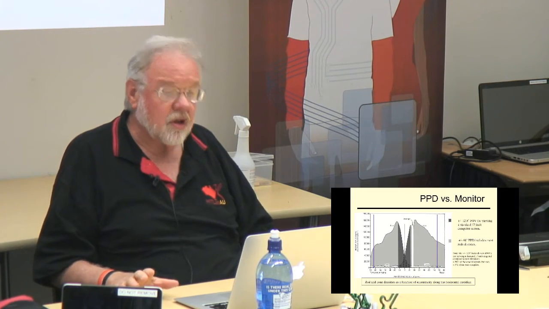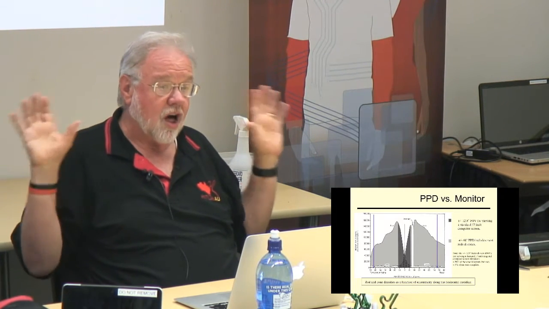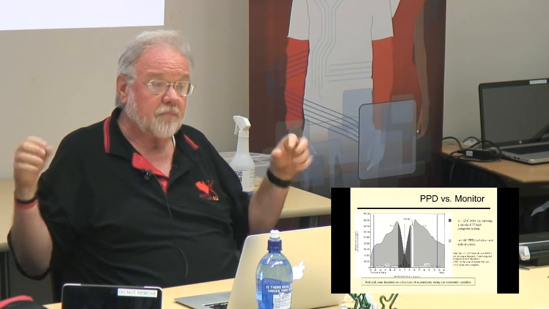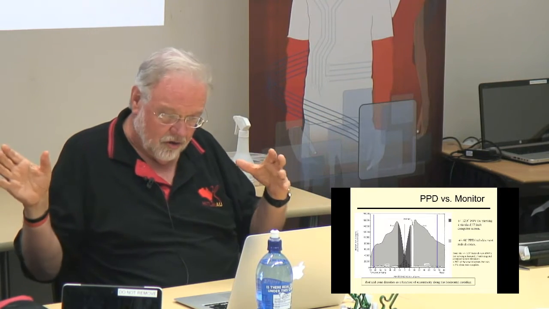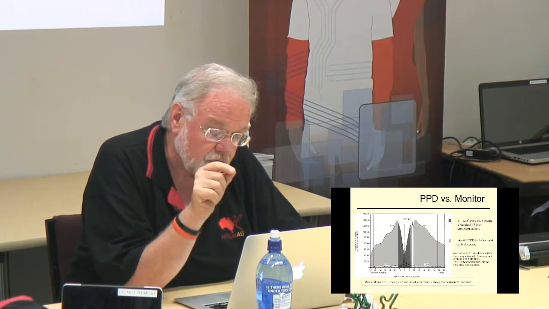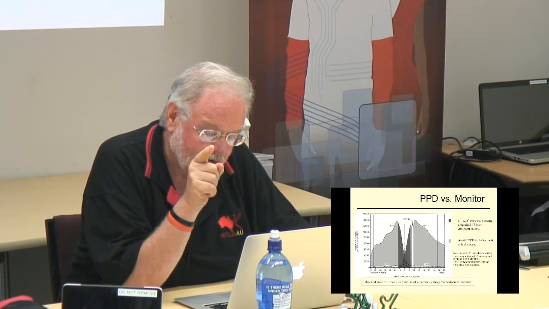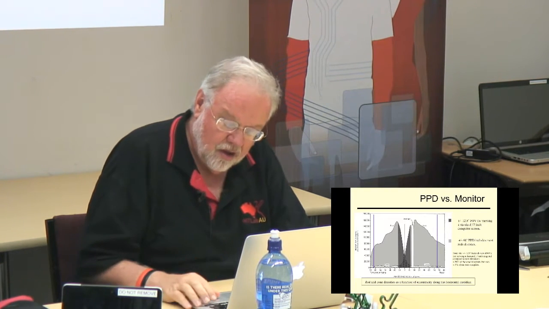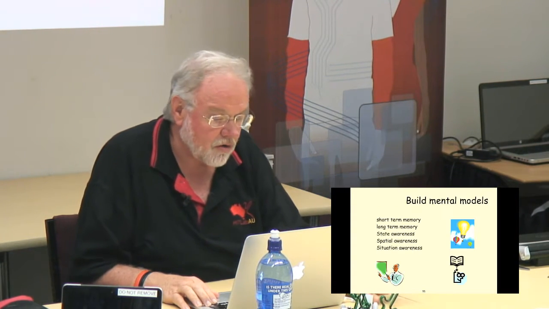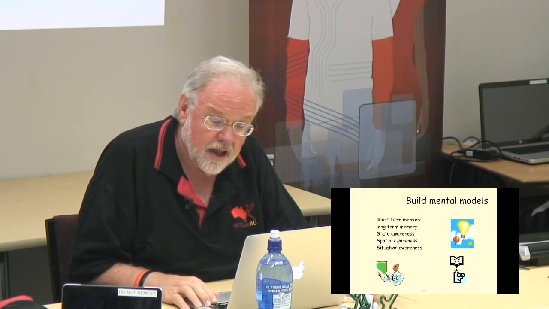And as I mentioned, these rod receptors do a lot of things in terms of optical flow, of postural control, things like that, and tell us where to look. Whereas the fovea centralis and the cone receptors tell us what's there once we look in that direction. Okay, we talked about two brains and that we work on mental models that we build